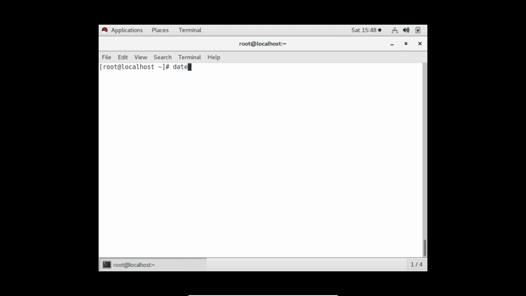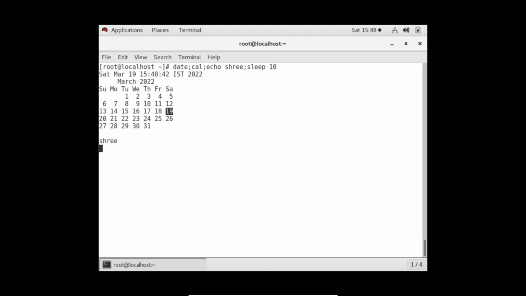I am writing date, then cal, then echo name, then let's say I'm writing it again, sleep 10, something like that. So see, I'm running four commands together. First is date, you can see, then cal, then echo, and then it's not giving me the terminal back because sleep 10 is running. Now, if I want to set an alias for this, then I can use alias